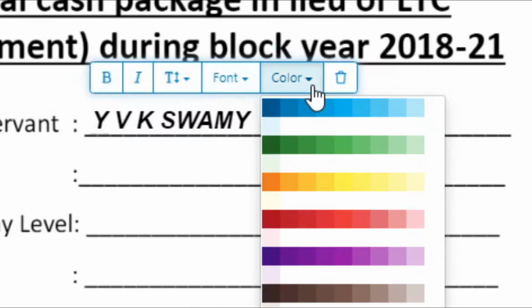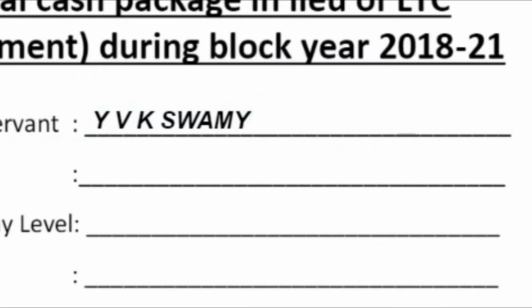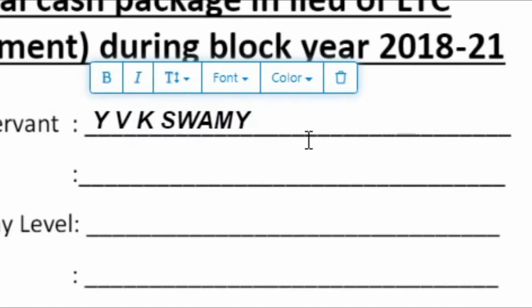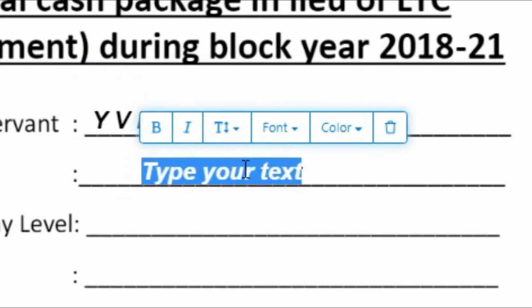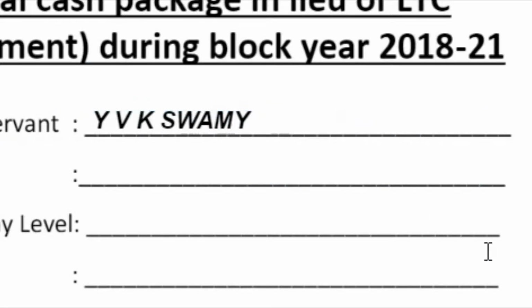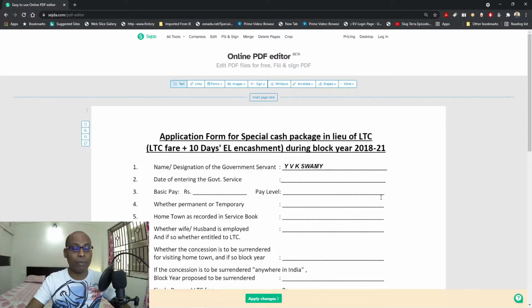And color also there, see, you can change your font color also according to your preference or requirement. So this is the way. And now if you want to delete this one, you have typed but you don't want to enter, then you have to press this delete button. So in this way you can enter the details properly, and if you don't want, you can delete this one. So this is first typing the information in the document.